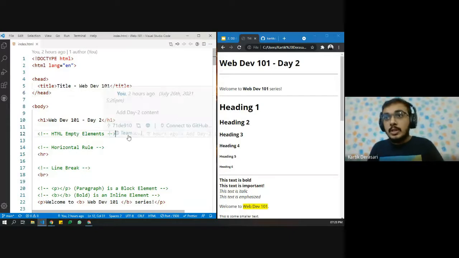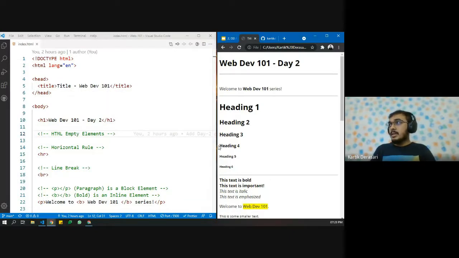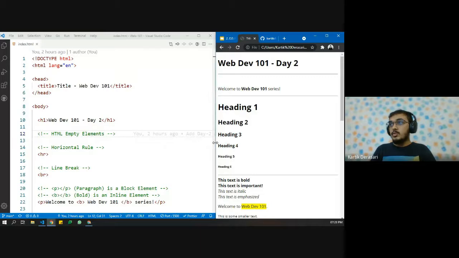Okay, so the code and the HTML part is visible to everyone, right? Do I need to zoom in or is it perfectly visible? Okay, thanks.